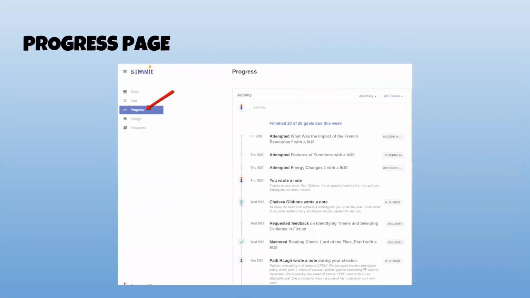One last thing, I want to call out some information about the progress page. I don't think enough of you are actually looking. I think you look at the week and the year view, but then you don't look at anything else. Make sure you're paying attention to the progress view, because a lot of your instructors are writing you notes on there and sharing some information with you that way. It's also what your instructors are using as part of your attendance.